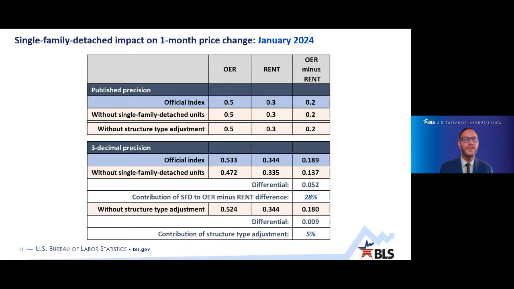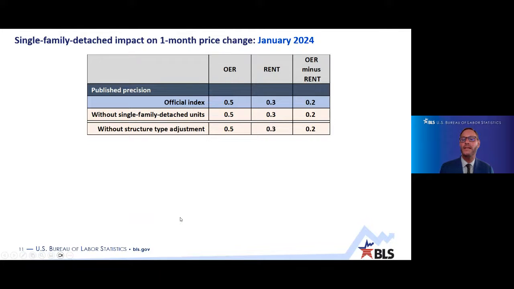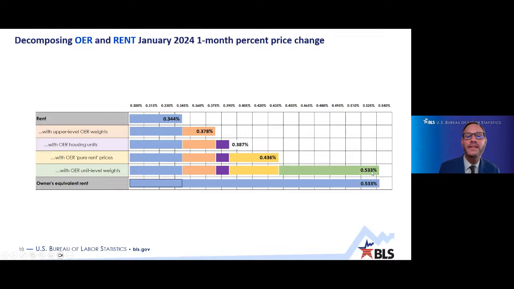All right. So you had 2 slides decomposing OER and the rent changes in January 24. And I think one of those showed about 50% of the difference attributed to the unit level weight assigned to each unit. I believe that's there. But then the next slide seems to imply a smaller amount would be attributed to the change. Could you explain that? Okay, yeah, this is a fantastic question, and this gets really into the technical, statistical aspects